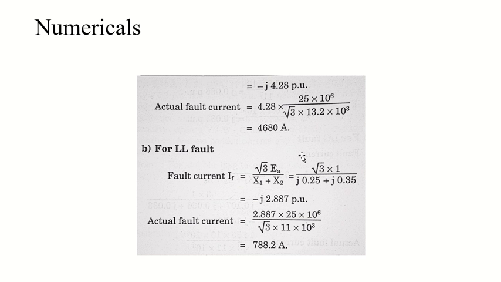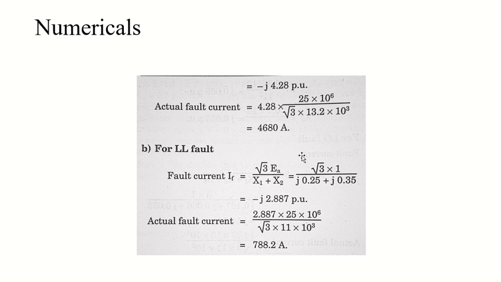The formula for fault current is root 3 EA divided by x1 plus x2. You know the value of EA, you know the values of x1 and x2 as well. So when you do the summation and division, you will find the value of fault current IF will be equal to minus j